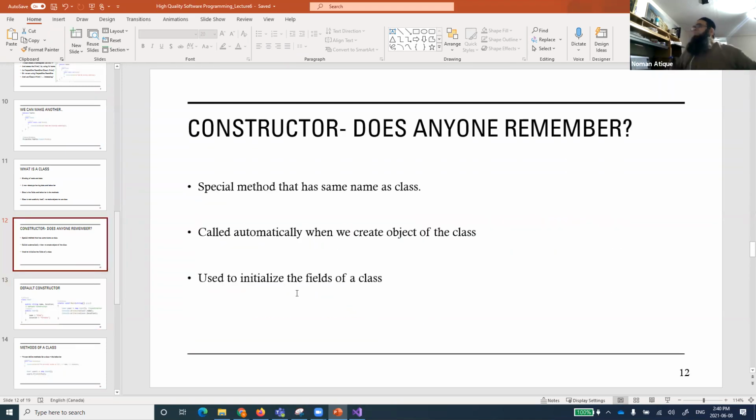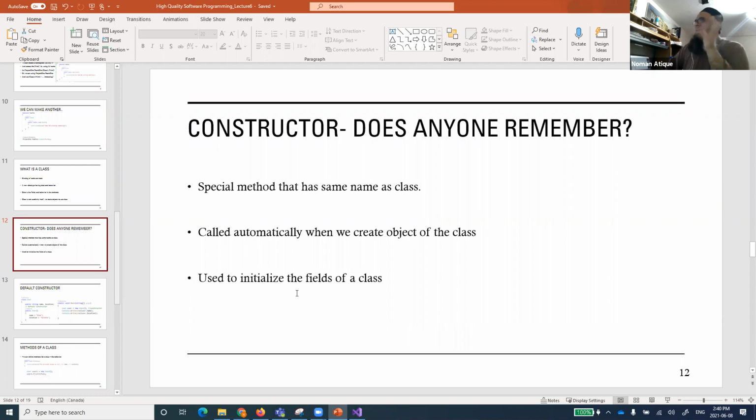I'll first give you an example of the constructor in your real world, and then we'll start talking about that, because you'll enjoy this example. If I say to all of you that I purchased a new car yesterday, first of all, you will congratulate me and then you will ask for the sweets, right? So I purchased a new car yesterday. When I say that, lots of things come into your mind about what type of thing I have purchased. You have something in mind.